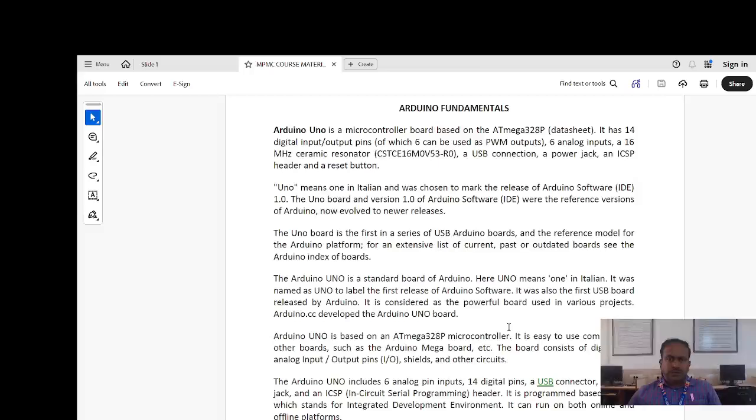So next we are discussing Arduino fundamentals. Arduino Uno is a microcontroller board based on the ATmega328P, that is its datasheet. It has 14 digital I/O pins, out of which 6 can be used for PWM output, and 6 will be used for analog input. It has a 16 MHz ceramic resonator, a USB connection, a power jack, and an ICSP